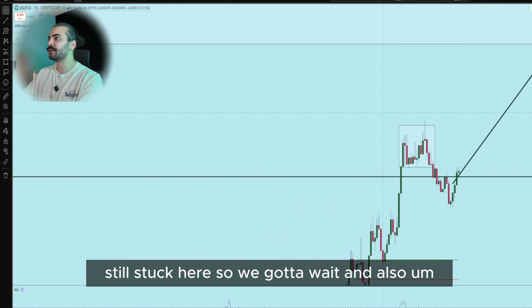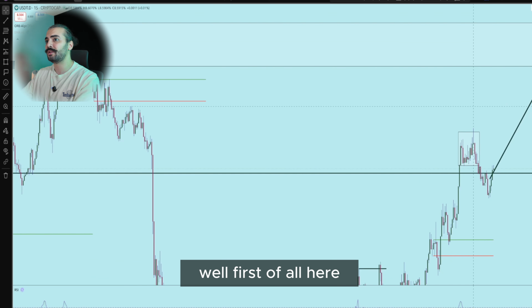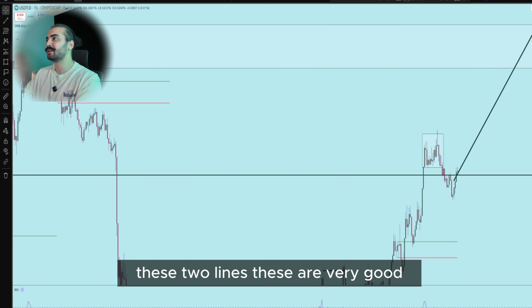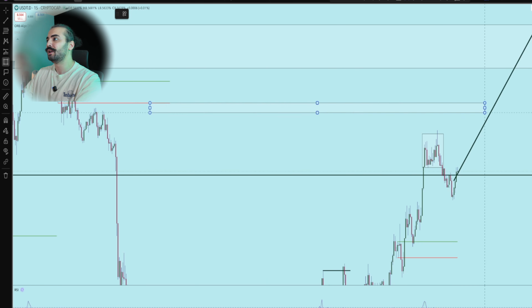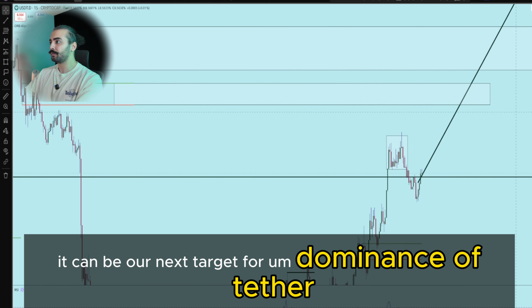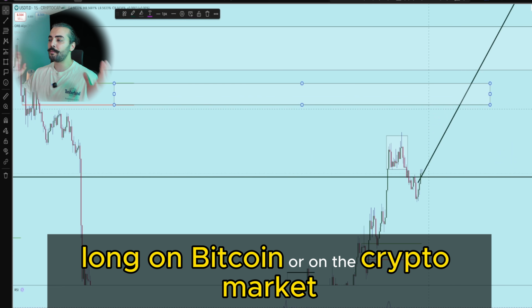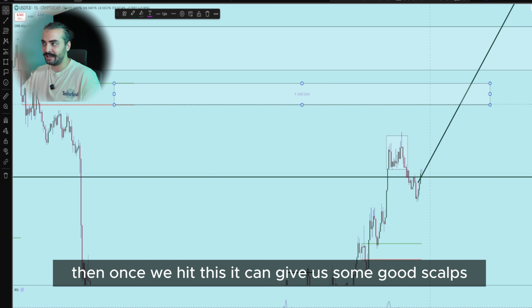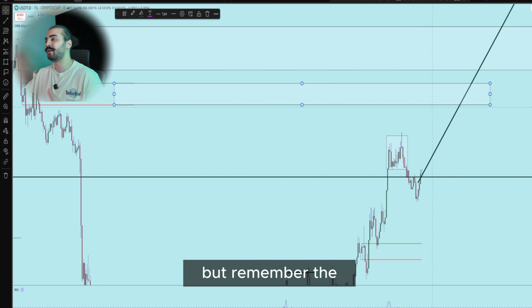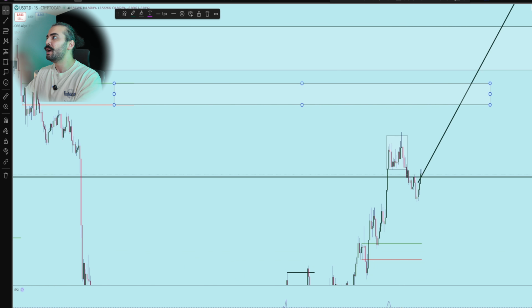So we've got to wait. Also, the next target of ours is going to be, first of all, these two lines, which are very good. It can be our next target for Tether dominance. So from here, if you're scalpers and you want to go long on Bitcoin or on the crypto market, once we hit this, it can give us some good scalps. But remember, the entire trend is bearish for the crypto market. All right, let me move on to